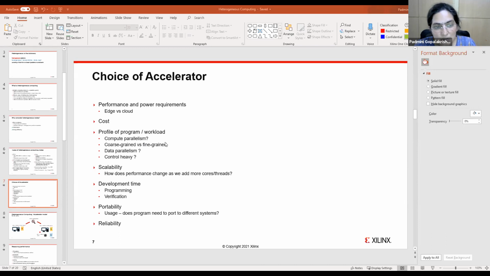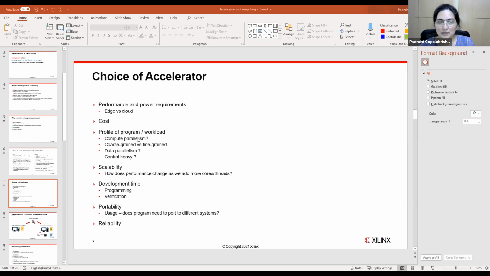Now, the next thing you look at is you actually have to profile the program and the workload to understand what choice of accelerator is the right one for you. For example, if you have parallelism in compute, by that I mean, do you have operations that you can run in parallel because they don't have dependencies on each other? And are these coarse-grained versus fine-grained?